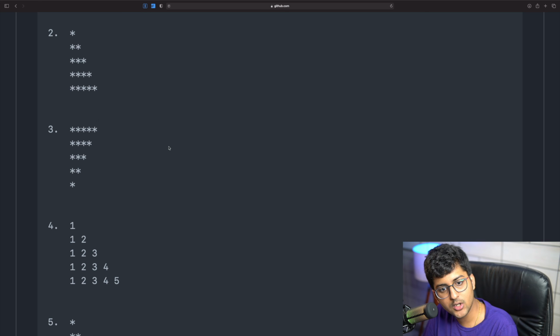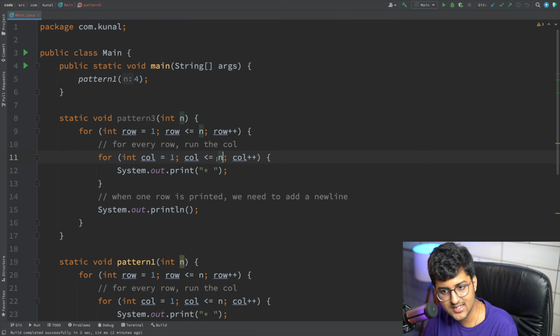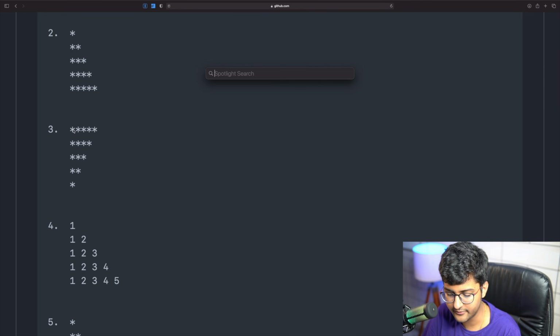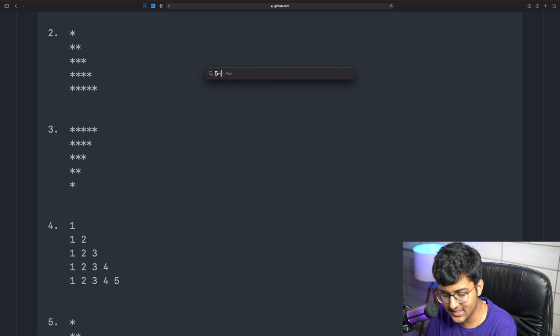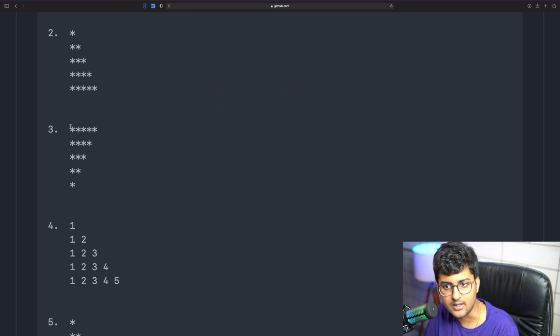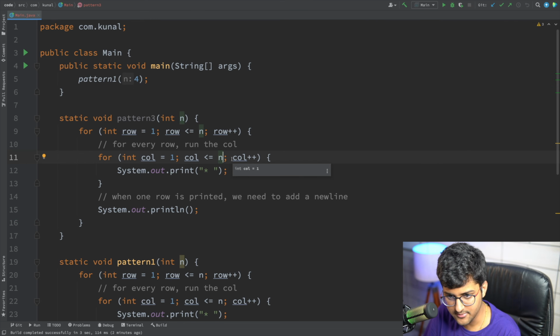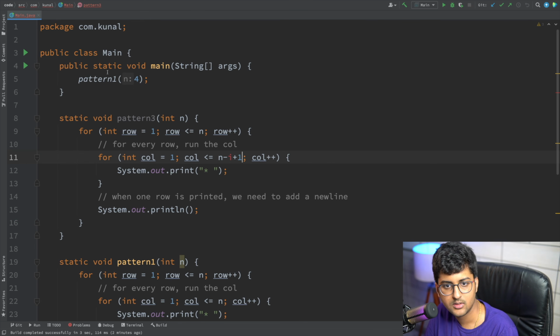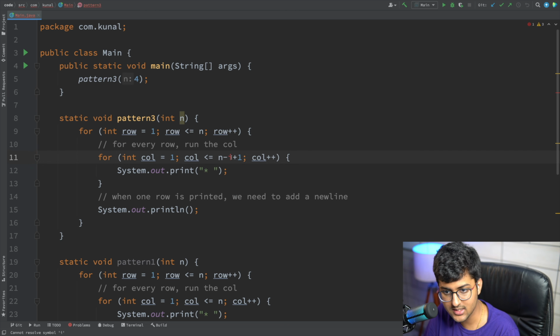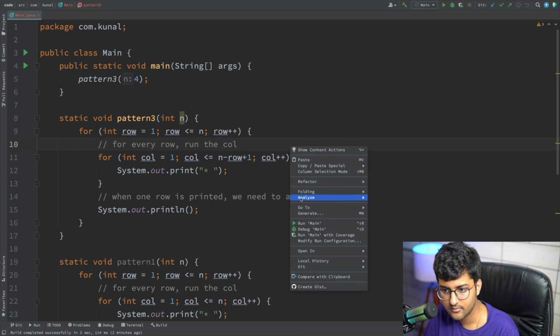It's not going to be equal to I. If here I is equal to 1 and I need 5, then basically this is 5 minus I plus 1. That's the thing. N minus I plus 1. Let's try to run this. I will explain to you how this happened. No problem. N minus row plus 1. Run.